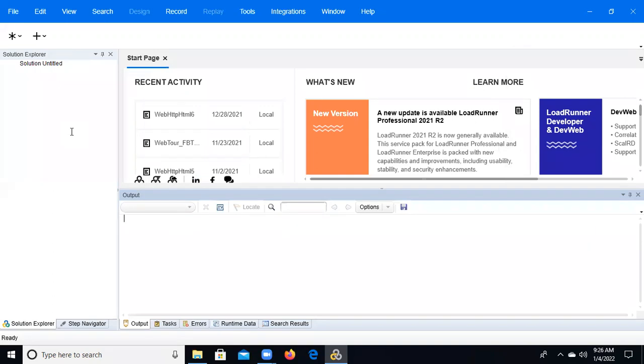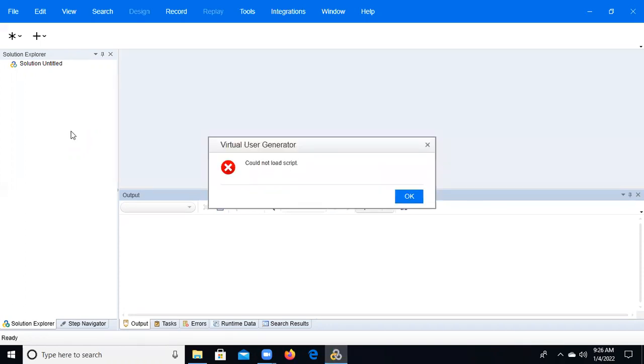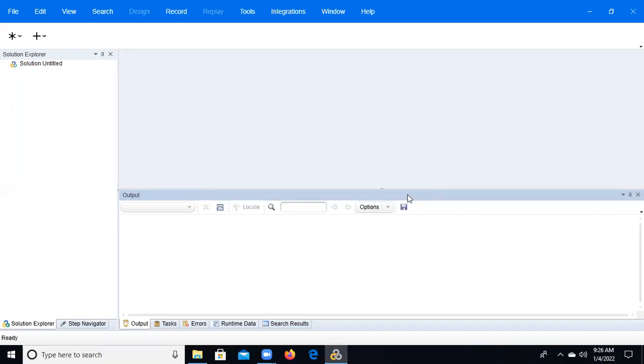We need to open the existing script like this. We need to go to the file, click on open solution, then it will open. Could not load this script.